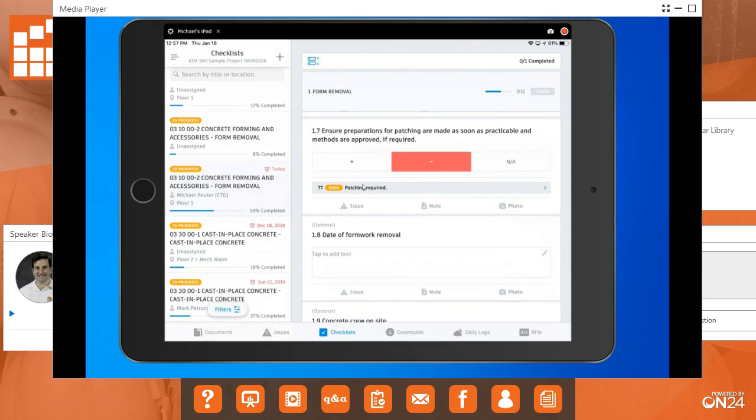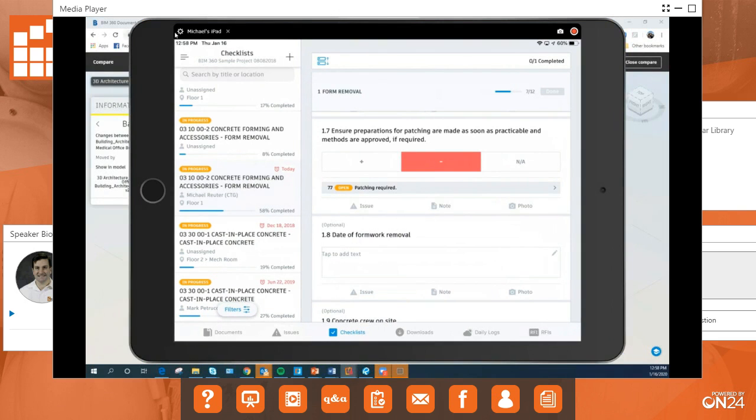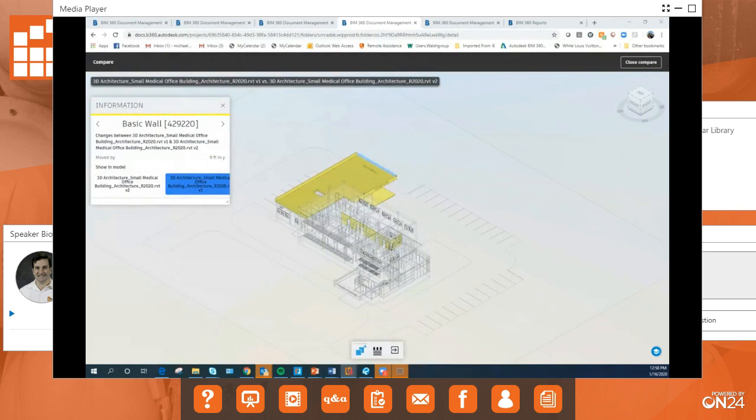So basically, once I do that, again, the issue gets sent to the person responsible. They fix the problem, we review it, and then we close the issue out, and then I can move forward with this workflow. So that's the basics of checklists and issues. Okay, so the final thing I'm going to show here, I'll just move my iPad over here, is with